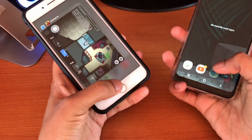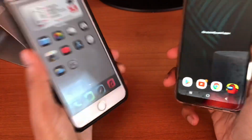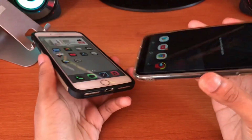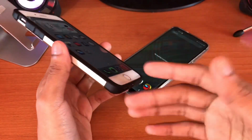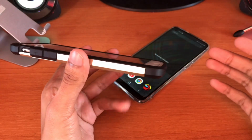So now we're gonna close up all the apps. As you can see, this is already closed. So guys, that is it for this video. You can see the Samsung budget phone really caught up, but I think if you want a good phone for talking, playing games, and doing something with the camera